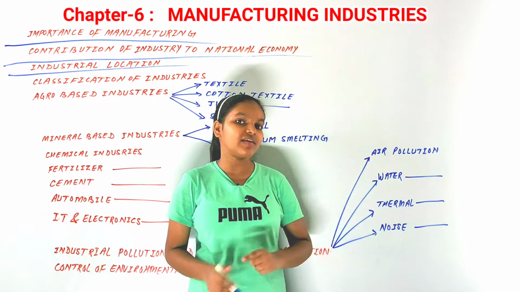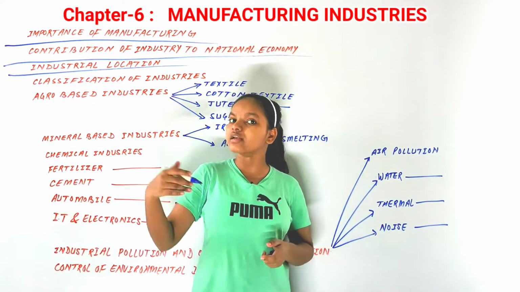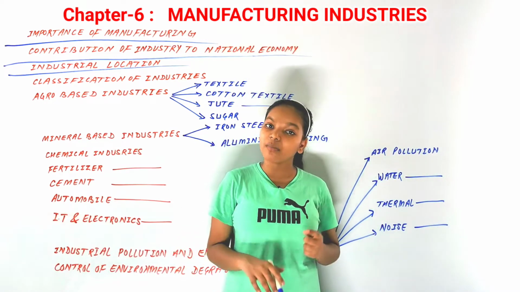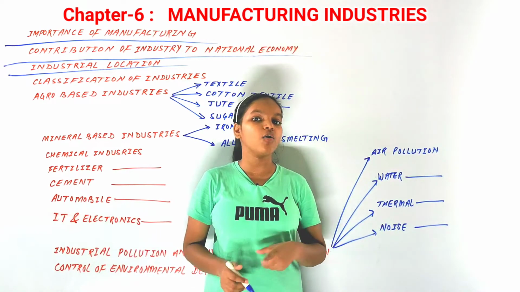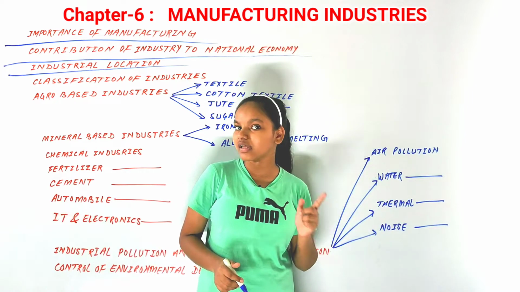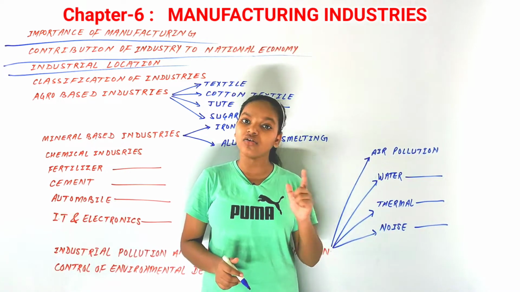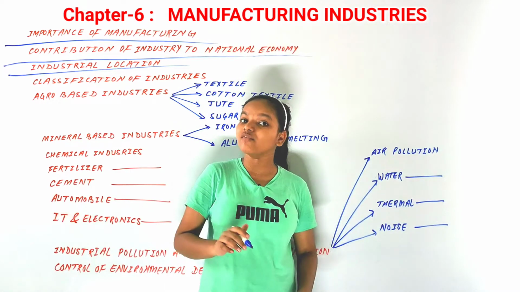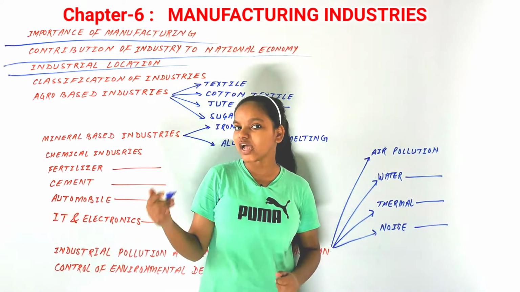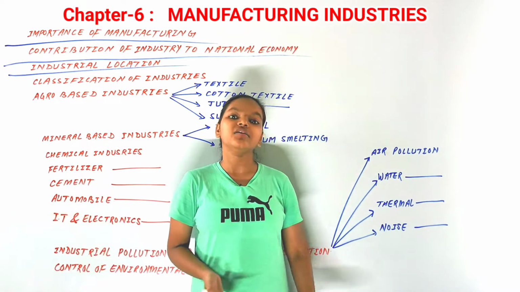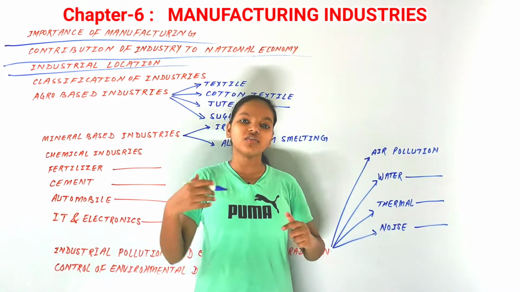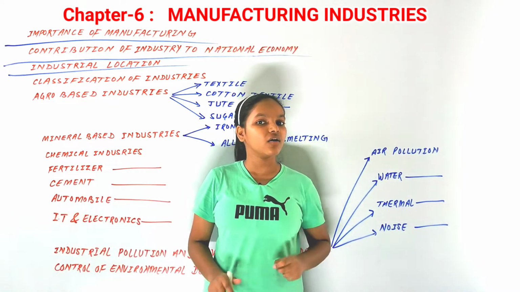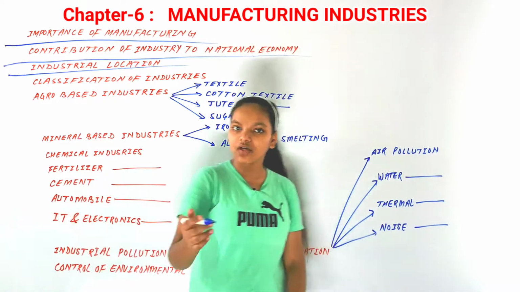Agglomeration economies can be seen very much nowadays. So if we talk about industrial location, it's not possible that all the things will be available at just one place. But the main factor that will remain is cheap cost, minimized as much as you can. And we have seen that urbanization and industrialization go hand in hand. So we have talked about the contribution of industry to the national economy and the industrial location. Now the fourth topic that we have got here is